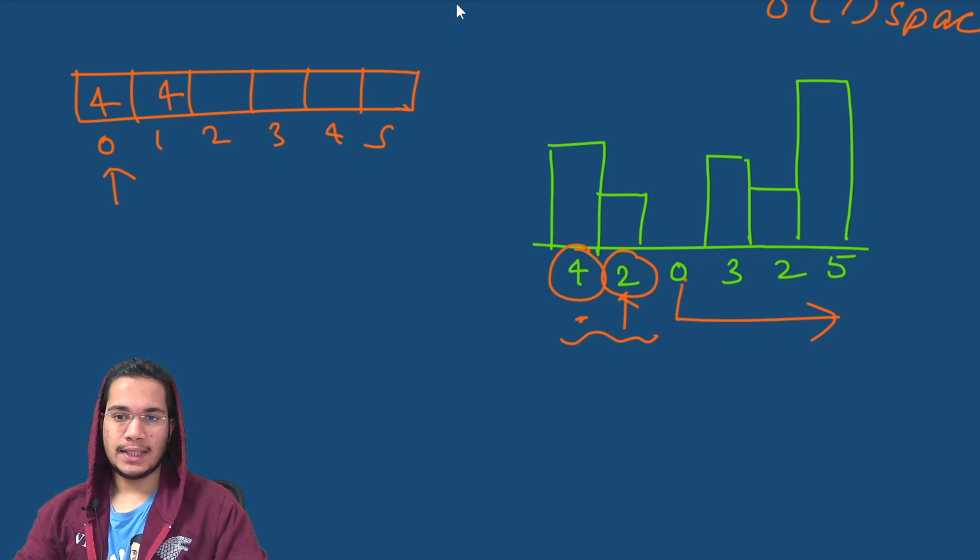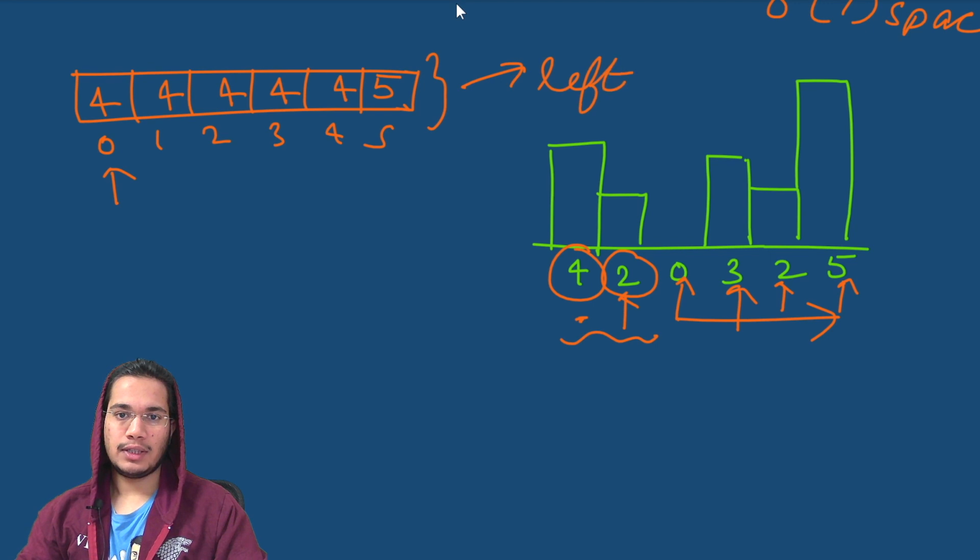Now we'll go to the next index, 0. Again, is 0 larger or 4 larger? 4 is larger, so we'll store 4 here. Then we come to 3. Again, 4 is larger, so we'll store 4 here. Then we come to 2. Again, 4 is larger, we'll store 4 here. And then we come to the last value, 5. So 5 is larger than 4, so now we'll store the tallest as 5. So this entire array is the left maximum height for every building that I have.